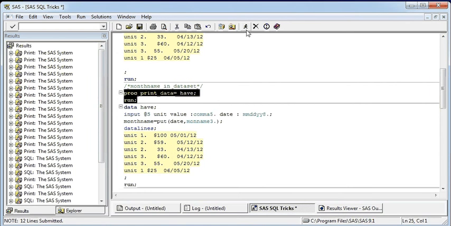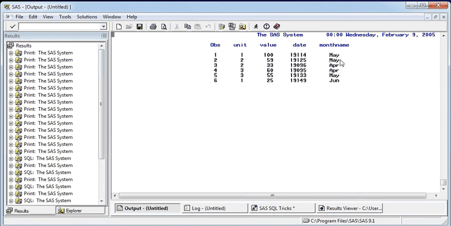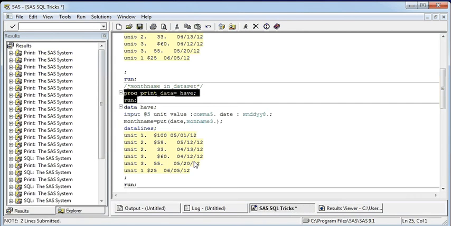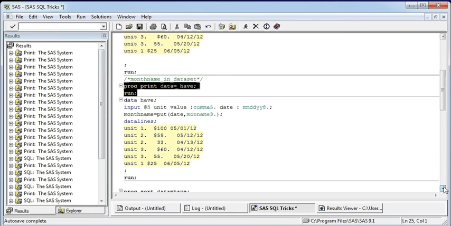Yeah. So this date format would be displayed here, and that would show the month. So this is one of the methods of how to create the month from the date.